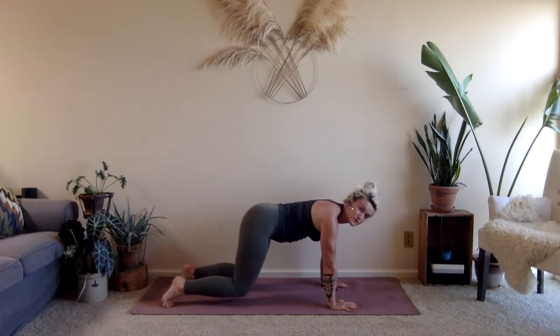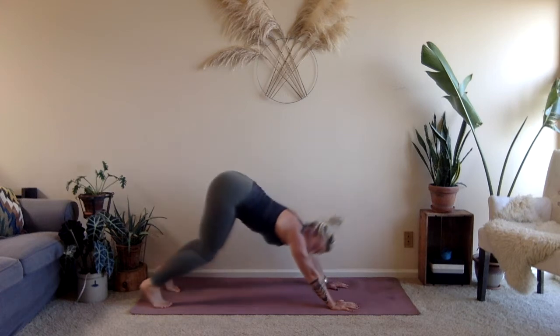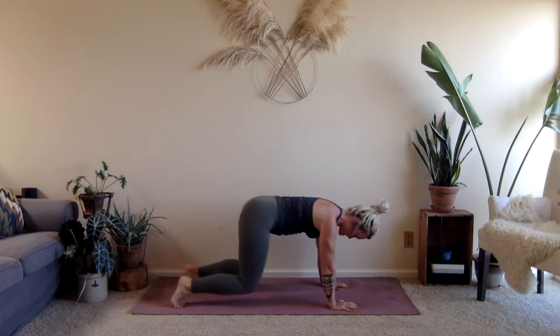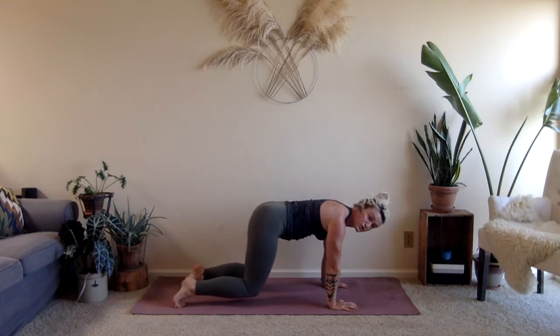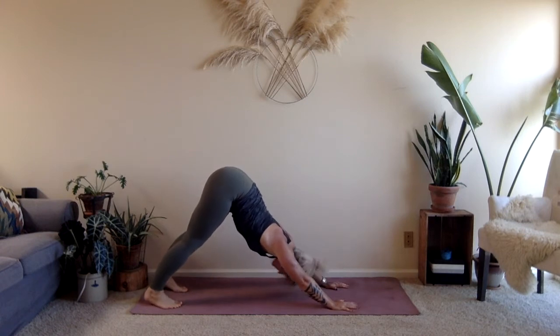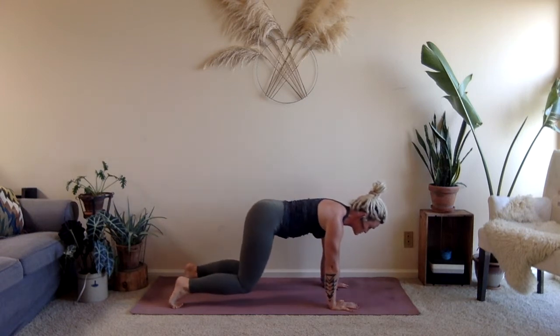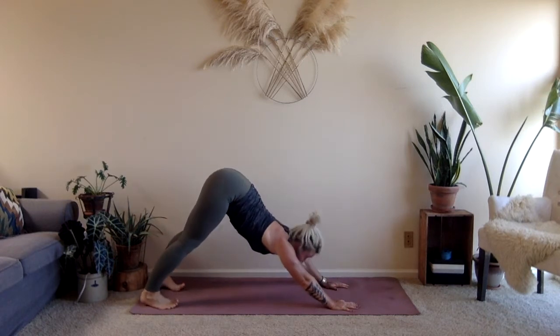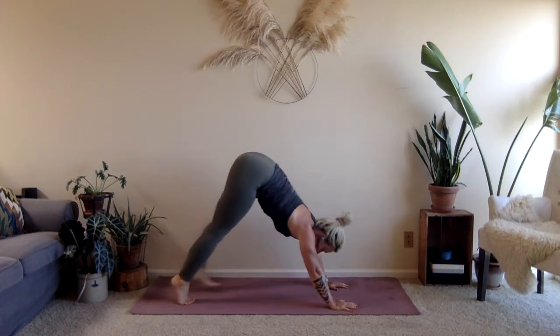Inhale, forward to a floating tabletop so the knees don't touch the earth. We're really active. Exhale, downward facing dog. Let's do two more. Inhale, floating tabletop. Shoulders are over wrists. Active in the core. Exhale, downward facing dog. One more time. Inhale, floating tabletop. Exhale, downward facing dog. All right, look up at the hands, and let's take a lot of steps to walk